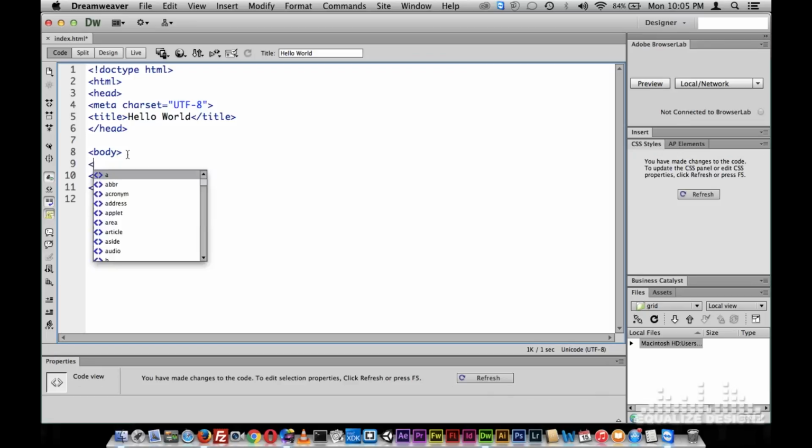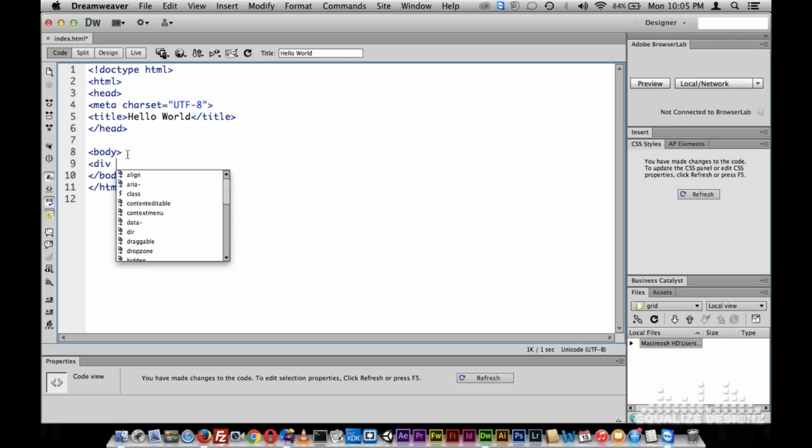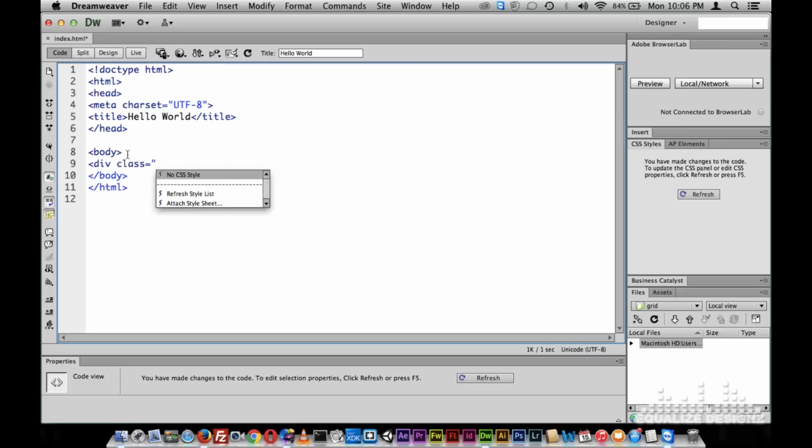So I'm going to create a header first, and I'm going to make div space class equals, and the name of this div is going to be called header. Close quotes, close it, and I'm going to add a comment to it. I'm going to call this beginning of header. Close it,